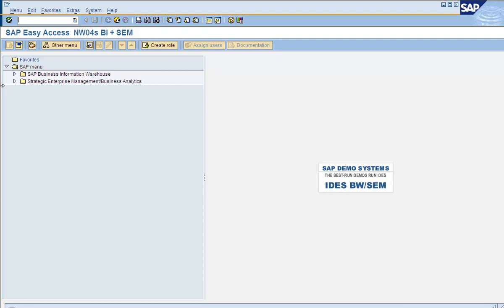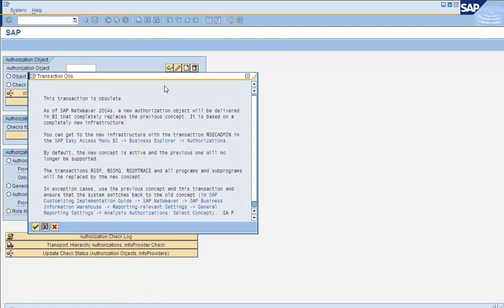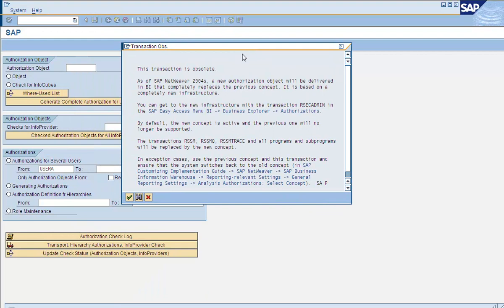Now in BI, the transaction code RSSM, which was used to build the info object level security in BW, has become obsolete. Along with RSSM, you could have RSSM trace and RSSM queue. All these other transaction codes have also become obsolete.